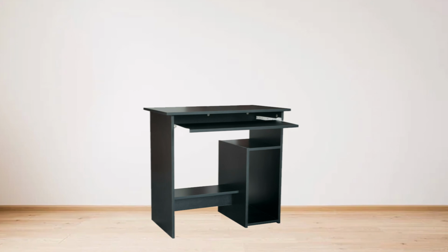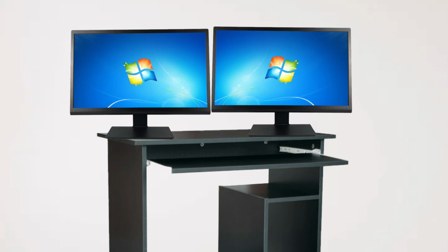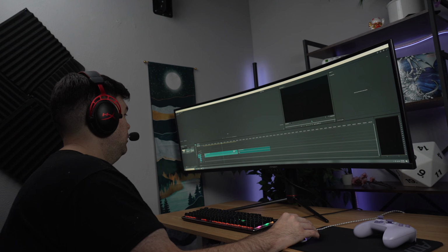Now before choosing a monitor, you have to realistically look at your desk length as well. Is the monitor or monitors that you're looking at even going to fit? If you have an exceptionally tiny desk, a little overhang should be okay as long as the bases are stable on the desk. You also have to think about the depth of your table. If it's only 15 inches deep, are you going to be able to comfortably sit and use it when staring at a 50-inch television? You could scoot back a little, but your arms can only go so far, so just keep that in mind when watching this video, as I'm going to give my personal recommendations when it comes to